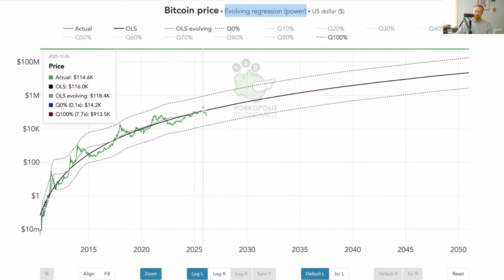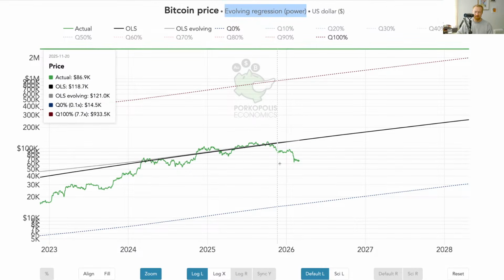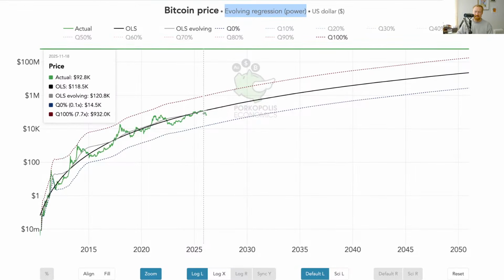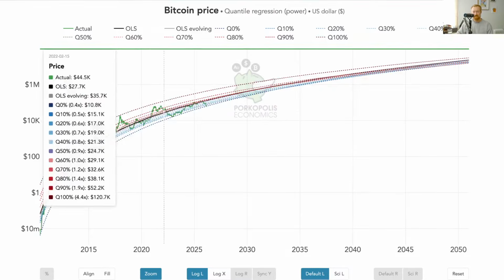So I think it's a key insight, and it should help people with the Maalox moments, which I try to do in my research. As crazy as it might seem, as crazy as the world is, or as much as we want Bitcoin to be reacting to price or not, it's hanging out here. It's getting closer to the black line, or the 50th percentile, to be clear, the median, one of these two. It's getting closer to the middle. It's not getting closer to the outside. And that can be seen here.